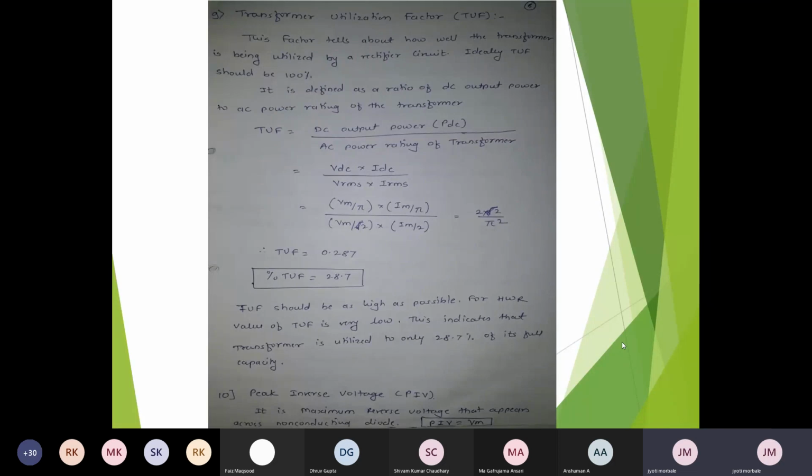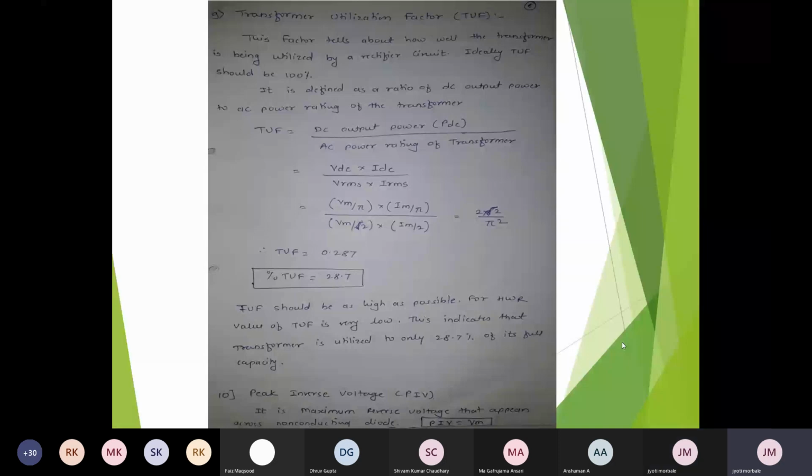That is equal to VDC into IDC at the numerator upon VRMS into IRMS at the denominator. VDC का इक्वेशन है Vm by pi, IDC का इक्वेशन है Im by pi, VRMS का इक्वेशन है Vm by 2, IRMS का इक्वेशन है Im by 2. तो ये पूरे प्लेस किए इक्वेशन के अंदर. Then the repeated terms Vm from numerator and denominator, Im from numerator and denominator, will cancel each other, and at the end we'll get the transformer utilization factor in percentage as